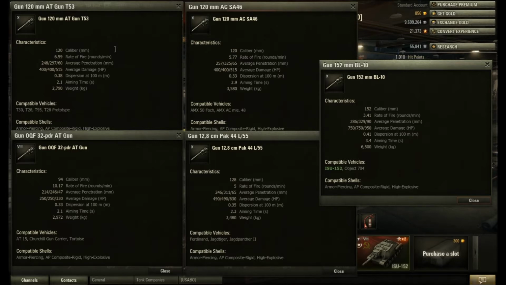And what you'll notice right away is that the BL-10 has the slowest rate of fire by far, 3.41 rounds per minute. Which does not really even compete with 5 rounds per minute on the German vehicles, and then it just gets worse from there. You'll notice also right away, though, that the 152mm BL-10 has by far the best penetration of any of these guns, as it should. 286 millimeters of penetration with standard AP rounds,